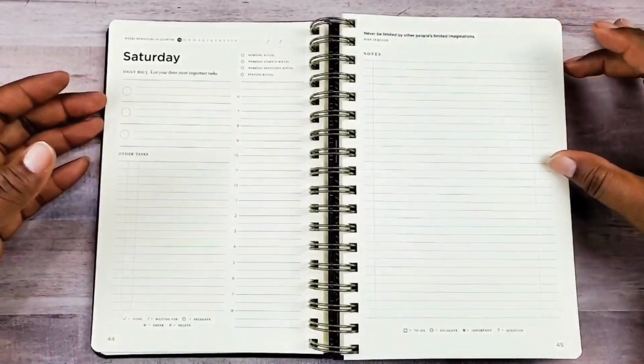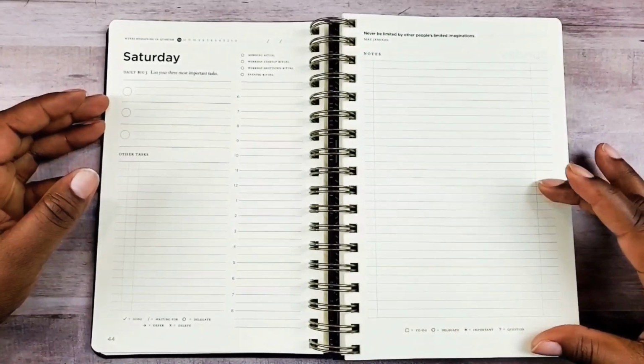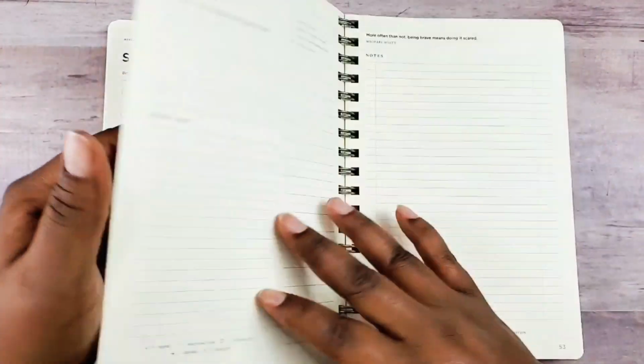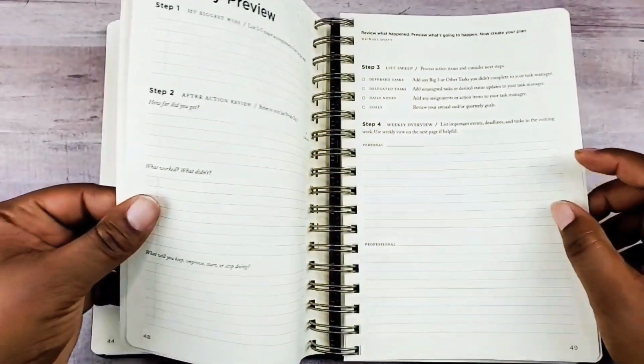You can do some journaling, some scripture writing. If you have any meetings, you can put them down here. You can even add sticky notes and add different things. That's one of the major reasons also why I love this. And it goes on. So at the end of the week,